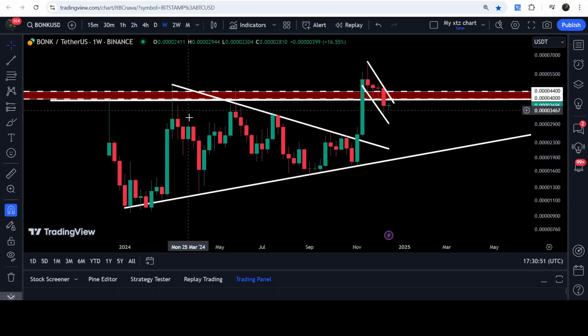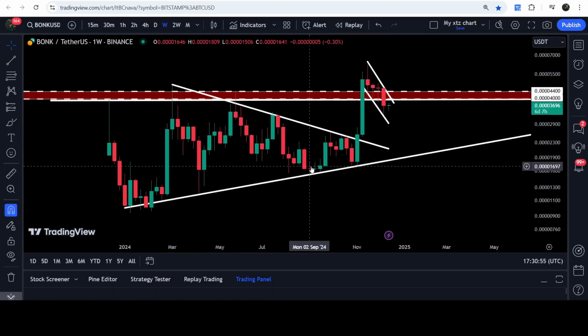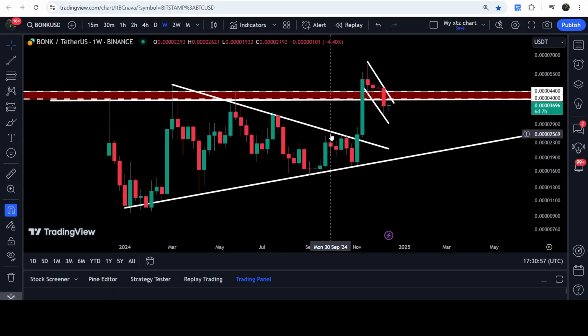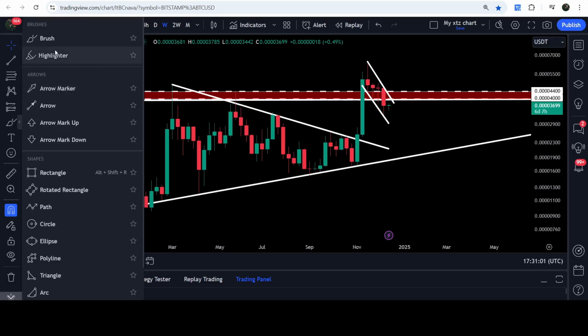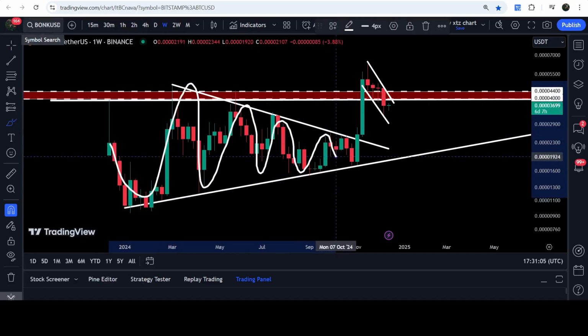Then we had another rejection. Then we had a bounce, rejection, rejection. Then we had another bounce here, by the way. Then we had another rejection here, bounce here. And after getting squeezed inside this support and resistance of this symmetrical triangle, finally the price line broke out the